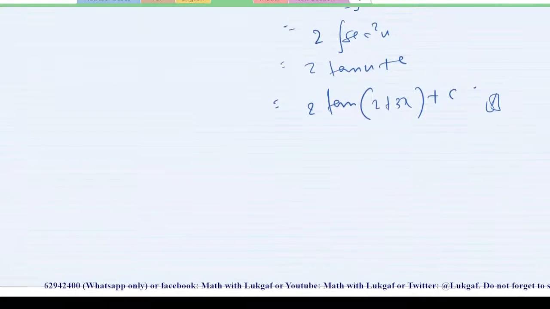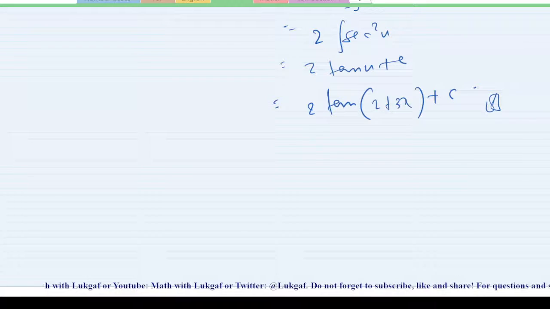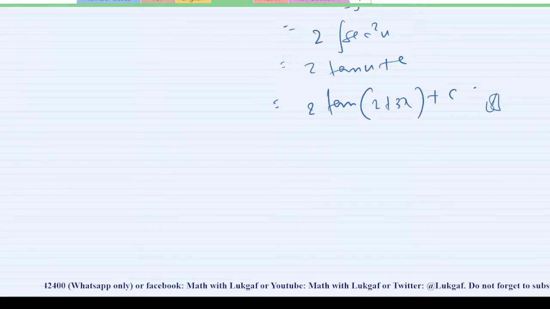It is very simple. You make your u, for example, a linear function of x, you differentiate it, then you make dx the subject of the formula. By making it the subject of the formula, you are going to have it in terms of u. Then you substitute into your integral, take out the constant, and integrate. Then at the end of the day, you are going to have your result. It is as simple as this.